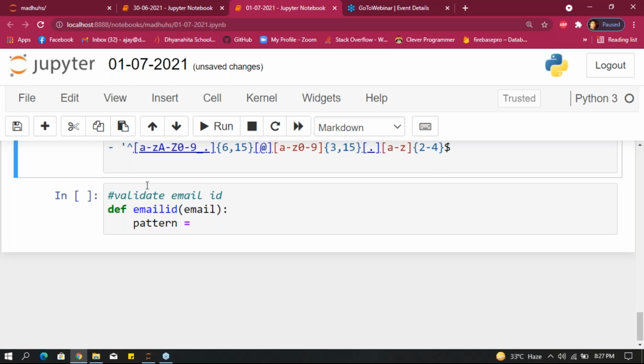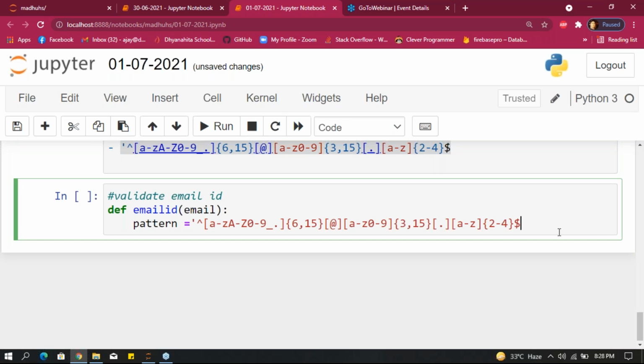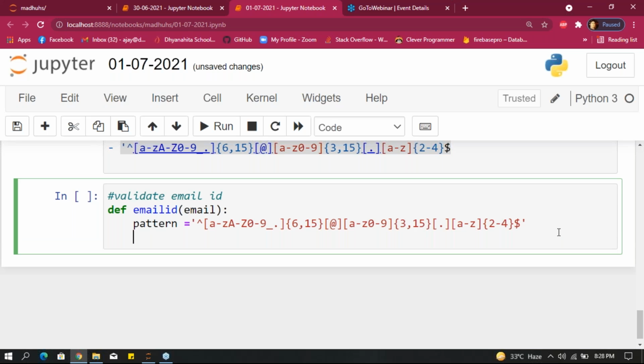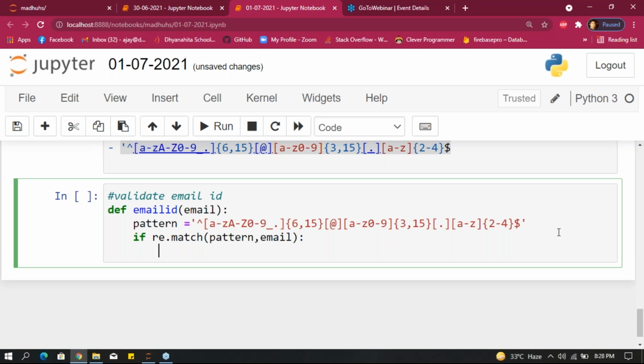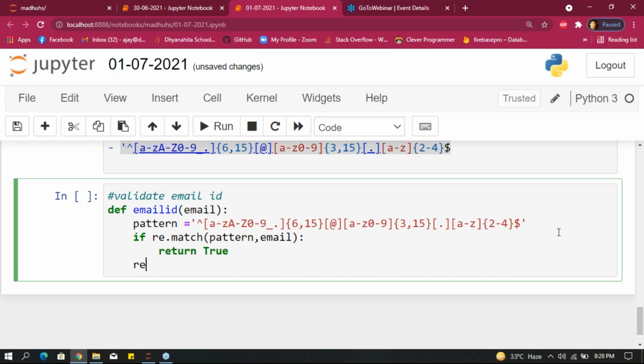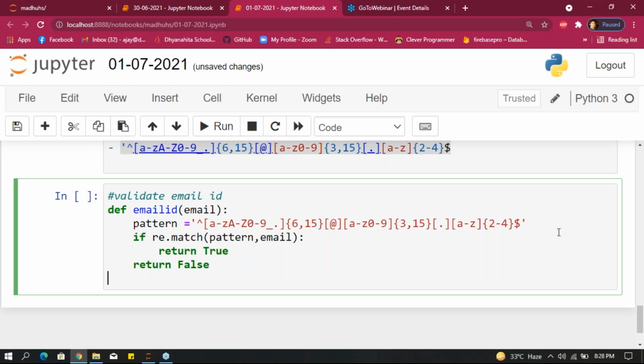Take this same pattern here. After giving this pattern, what do we have to write? If condition, if re dot match, pattern comma, you have to write email ID. If it is true, return true here. Otherwise, return false.